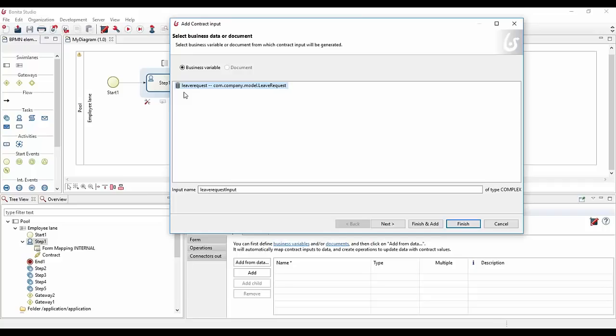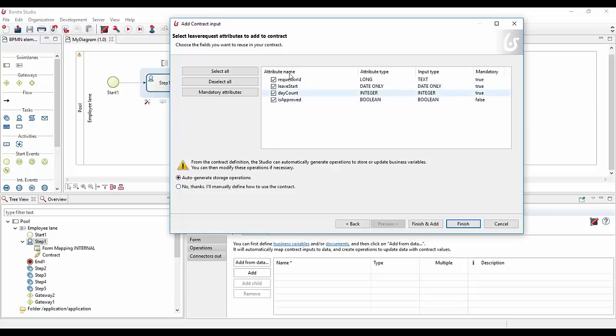Obviously this will be a specific tree with names, depending on the type of object you provide. Here it's quite a simple one. It's just a list of a few attributes. If I click on next, you can see that I can select the attributes. But if you have multiple of them, you will have a full arborescence. Let's say in the leave request, you have an address, and then this address has a street, a zip code, and so on. Then you will be able to select all of this like that, or unselect.